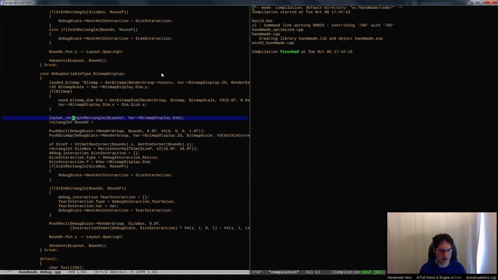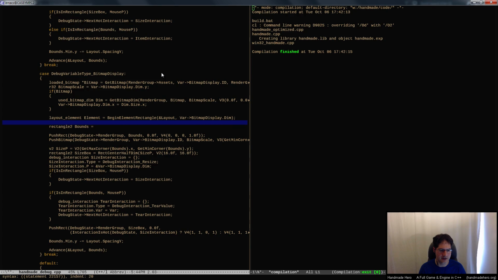This is a layout element, we'll just say, right? And this is going to be our only element, really, that we have. So we'd say something like, begin element rectangle, and we pass the dimensions of that rectangle. Then we would say something like add size, or make sizable, or element set sizable,